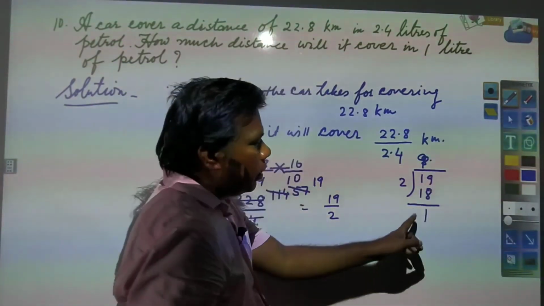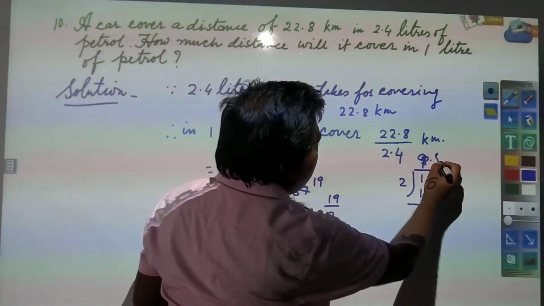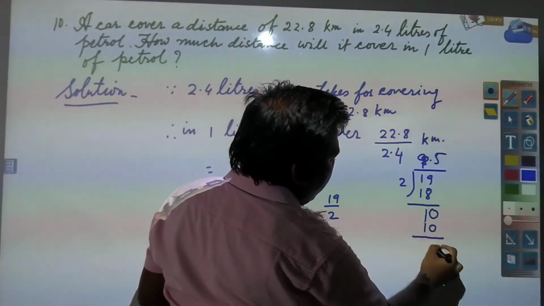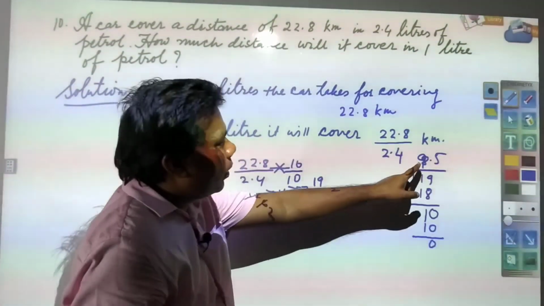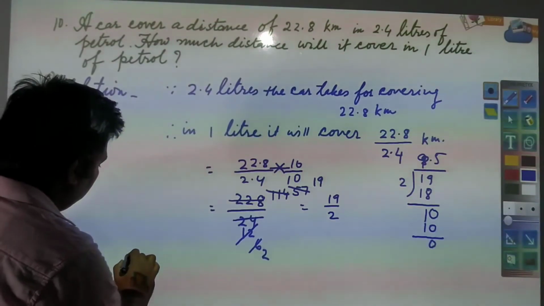Decimal you need to put, and for this decimal you need to put 0 over here. So 2 5 ja 10 you will get. Now remainder you have 0. So what you have got? 9.5. So here you will write, hence